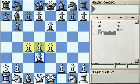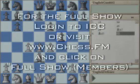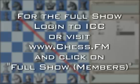White has just a strong pawn center and black is trying to counterattack it. f7-f5. So here we are. Here is the first and the most important position of the English defense. Black is trying to destroy white's center completely thanks to the tactical problem. So white has